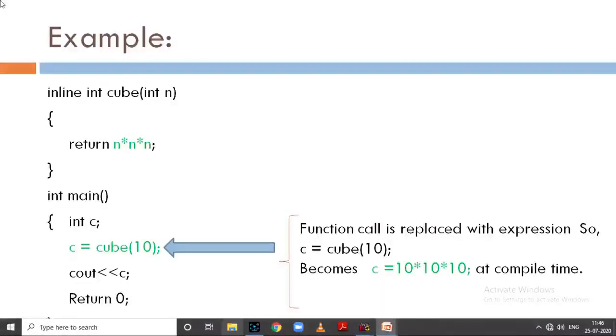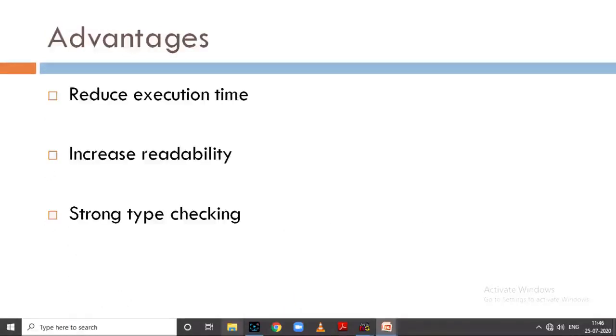Let's get back to our slide. From this example we can say that the function call, that is c is equal to cube 10, is replaced with c is equal to 10 multiply 10 multiply 10 at the time of compilation. In this way inline functions are helpful to reduce the processing time of a program.